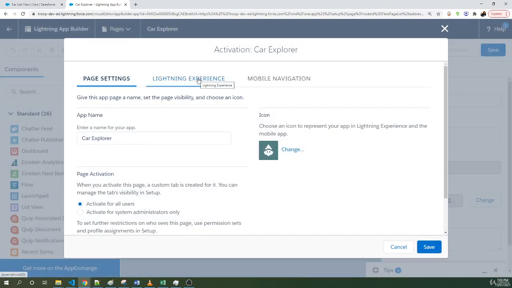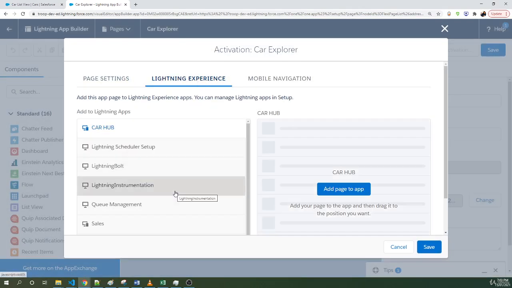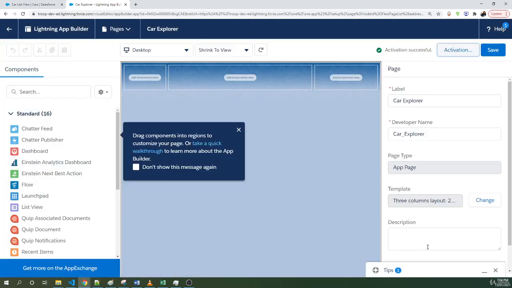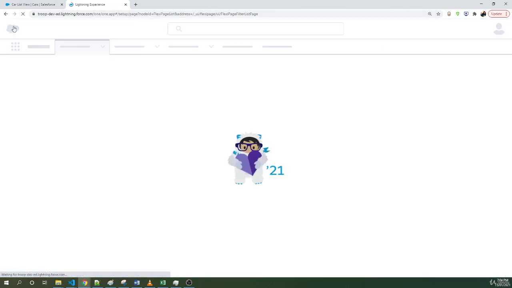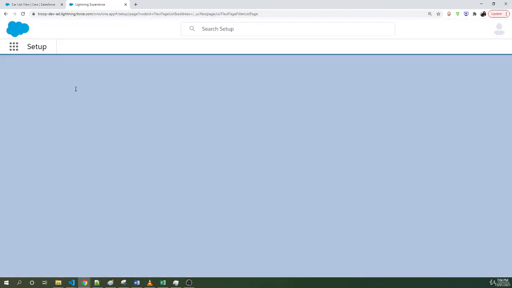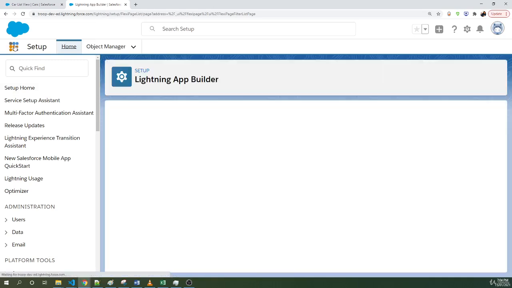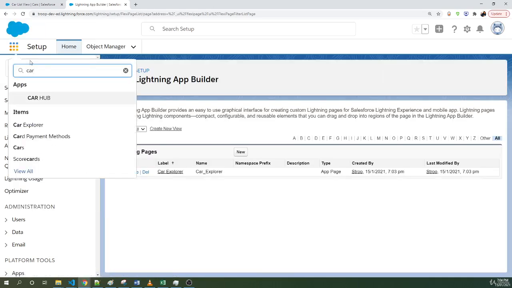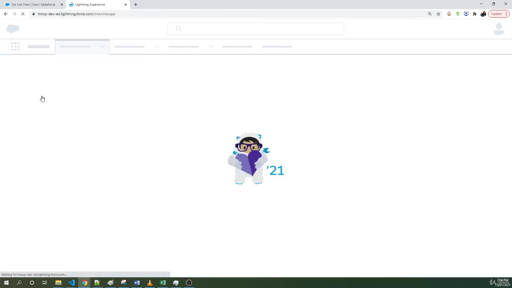and we'll go to Lightning Experience. We'll search our app name Car Hub. We'll say add page to the app and we'll drag this to the top and I'll hit save. And now hit the save once again and let's go back to our app and see are we able to see this app page or not. So I'll go to app launcher, search for our app Car Hub. I'll select the Car Hub